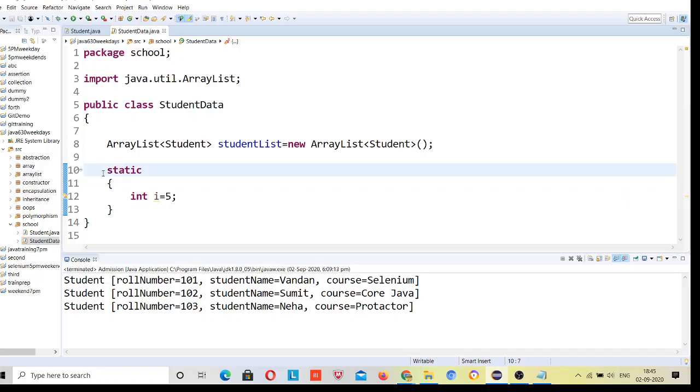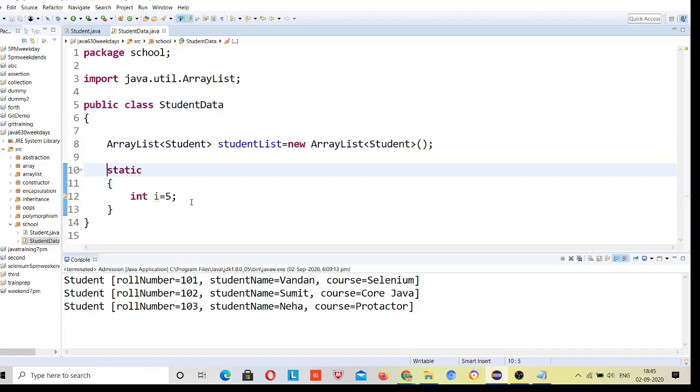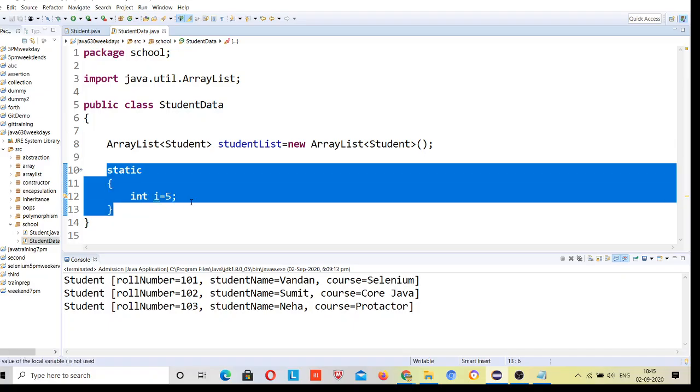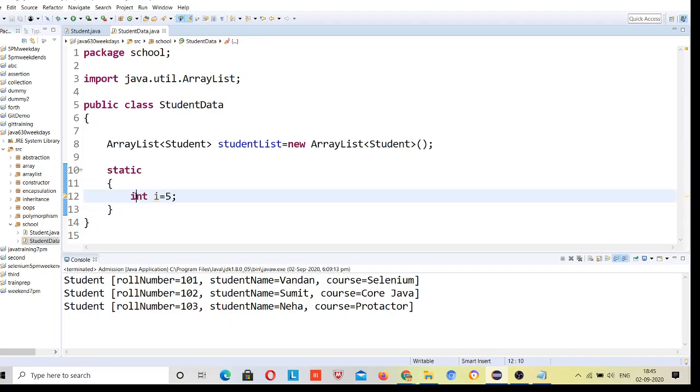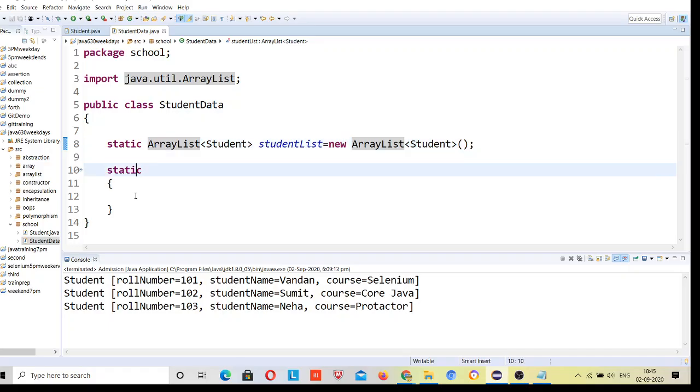The scope of the data is limited inside this block only, and this block is present inside this class only, and we cannot use this variable outside. The same thing will happen with this array list. That's why I am defining this as static, so that once we add the data to it, we can view it.